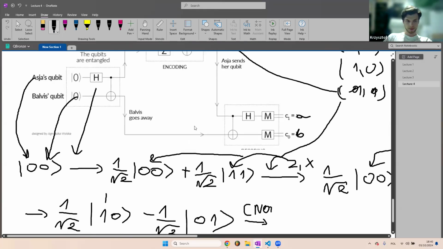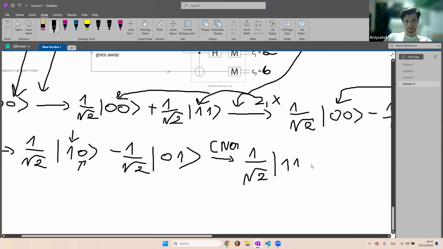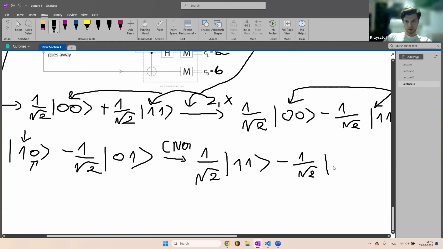So this is control, and in this case we have 1, so the state will be transformed, flipped to 1, 1. Minus 1 over square root of 2, also 1,